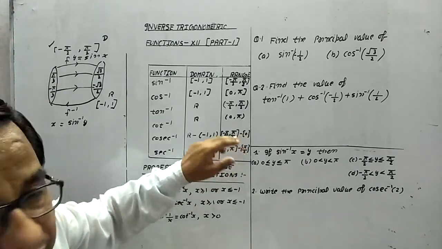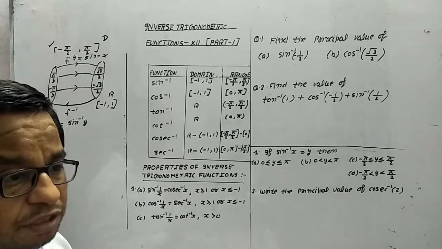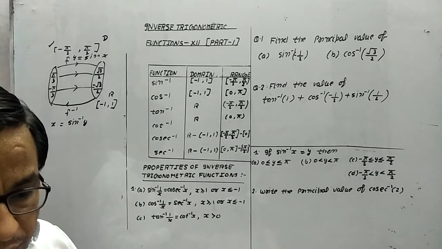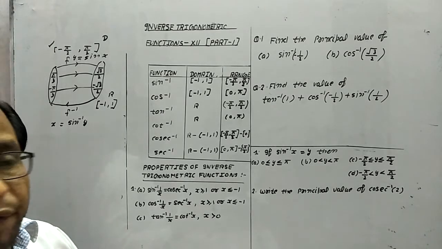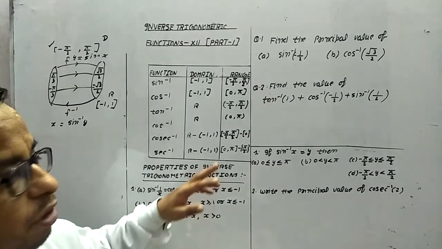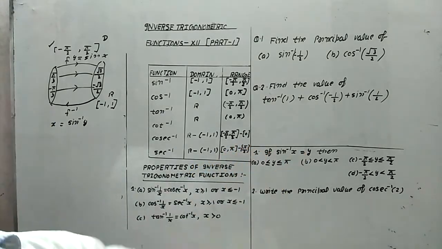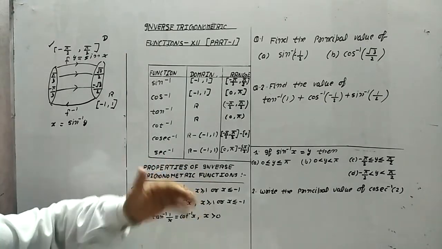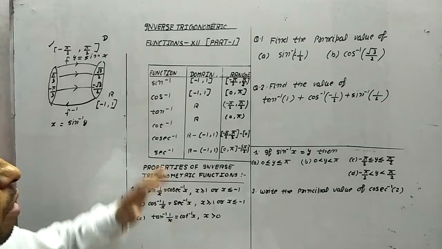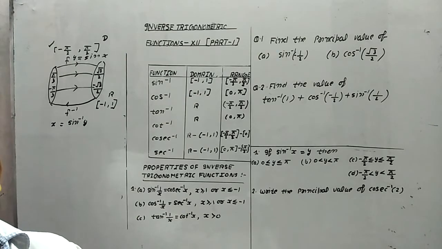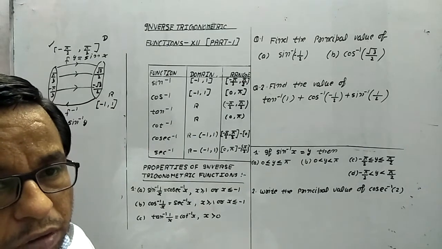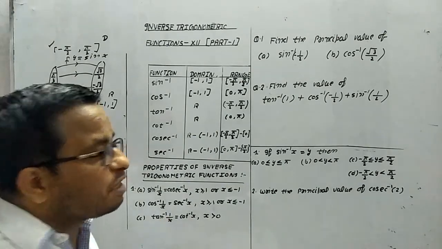-π/2 to π/2 minus {0}. See, 0 is excluded because what is sine 0? It is 0. Cosec theta is 1 upon sine theta. It means 1 upon sine 0 is not defined, that is why in this -π/2 to π/2 minus {0}. And in sec inverse, close bracket 0 to pi minus {π/2}. So if we do some questions, then this range portion is very important in case of inverse trigonometric functions, but it is true domain is also important, because on the basis of this thing whatever values we are going to find out for the trigonometric functions, that is known as the principal values.